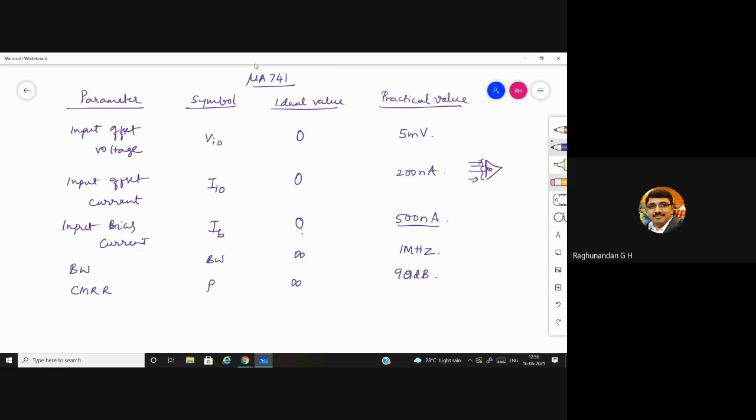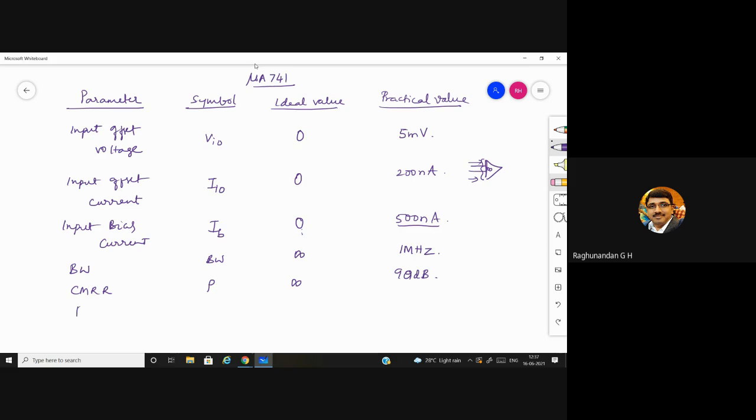These will not be common values for all ICs. It is for μA741. And why have we considered μA741 only? Because μA741 is the widely used IC in the majority of our applications. So that's why we have considered this. But in our upcoming chapters and modules, we will be using other ICs also. During that time, these values will change, and we'll let you know then.